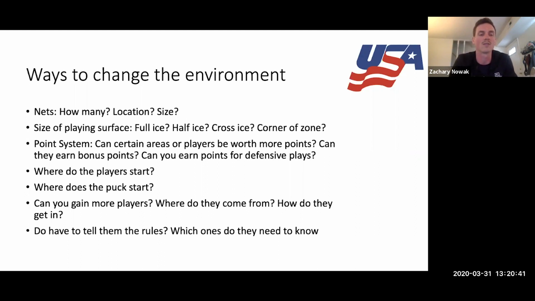Think about next, do you need to tell them the rules, and which ones do they need to know? So obviously forecheck game, they do need to know some rules. But we also play a game called the mystery game. And we as the coaching staff know what the bonus points are, but the teams do not. So we typically will play 3-on-3 cross ice, and it's their job as a team to figure out what is going to allow them to have success in that environment.